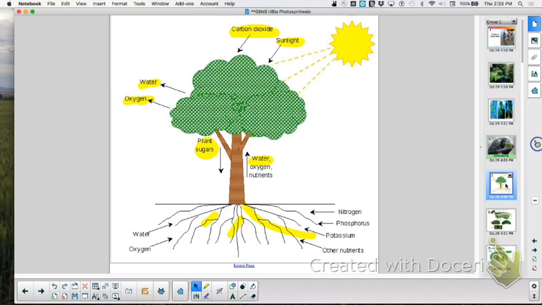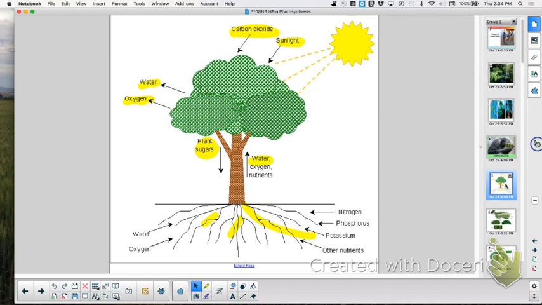What's another reactant we need for photosynthesis? We need energy. Now, it could be a light bulb, okay? Or it could be more than likely the sun, right? You need some form of energy. What do we need the energy for? Why do we need the sun? What does the sun do? It excites what? Electrons. Okay, so that's why we need the sun's energy, to take electrons to a higher energy